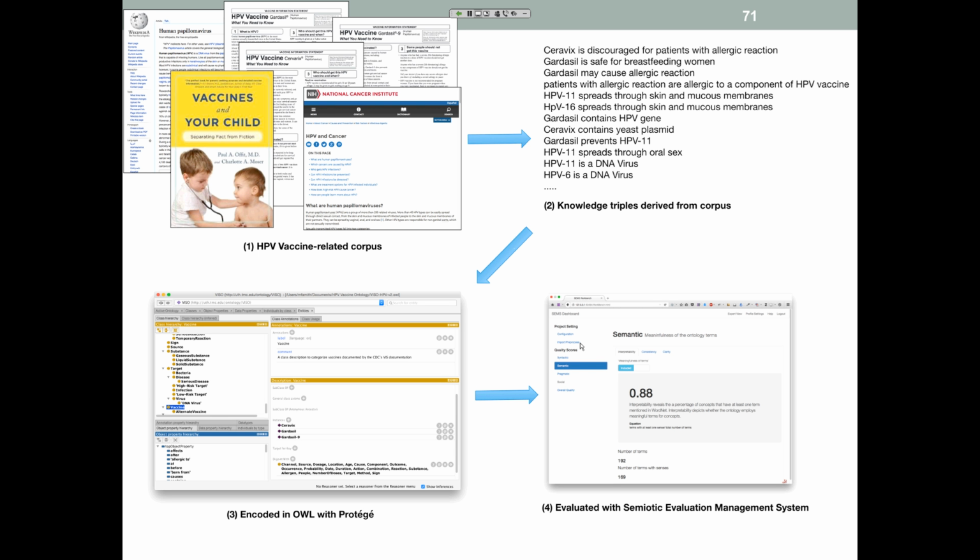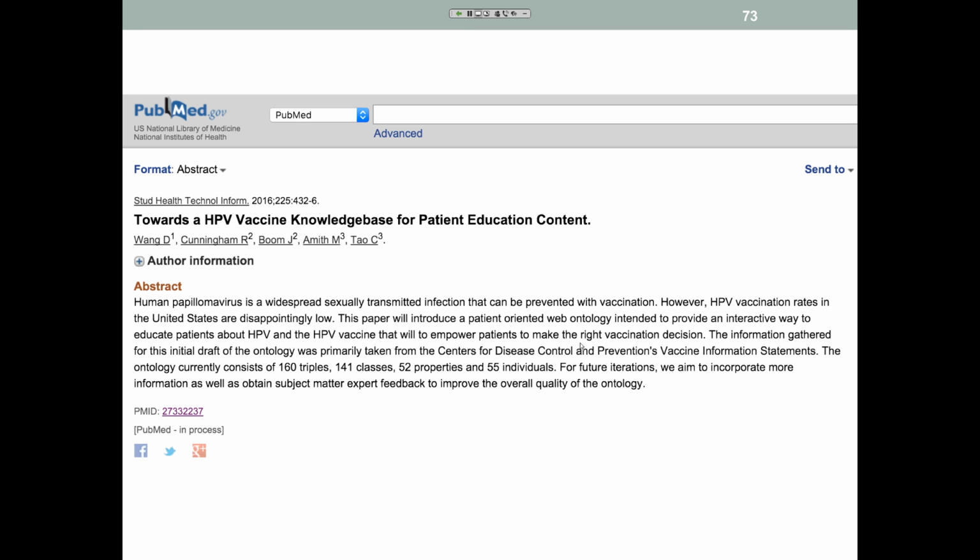So we started to create an HPV vaccine-specific ontology, and we not only use the vaccine information statement, but also other resources like patient education books and online education materials. And we recently published another paper at MedInfo. I think it was last year.